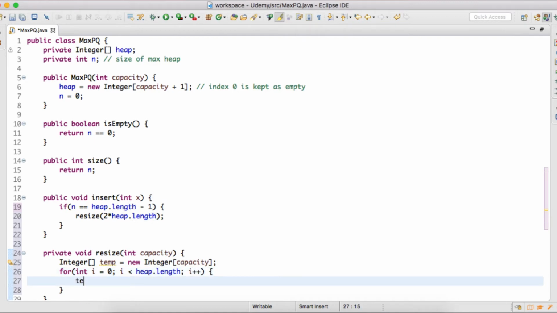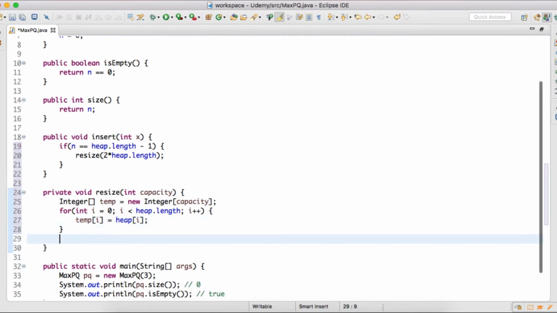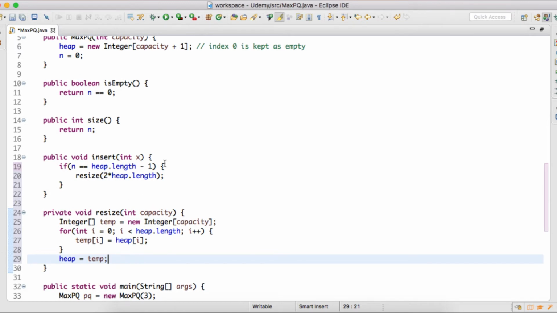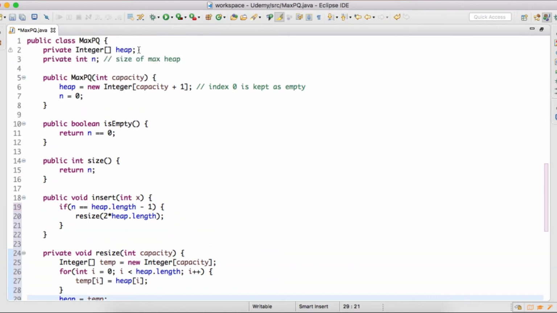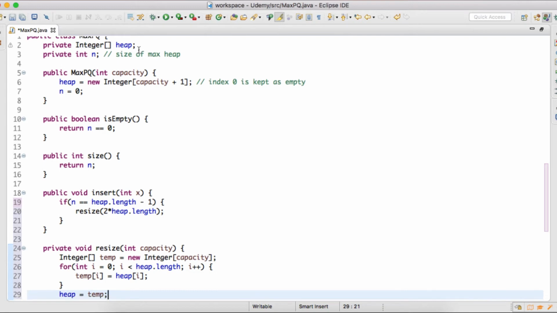Inside this for loop, we'll simply copy the value at a particular index i to this temporary array, and after copying the contents of this integer array, we'll reassign temp to heap. So now heap will point to an array which is of length twice its current length. After the resize method gets executed, the integer array heap will have more space to insert new elements.